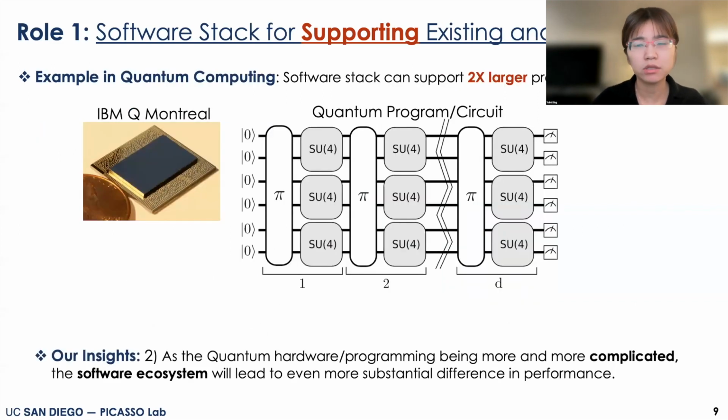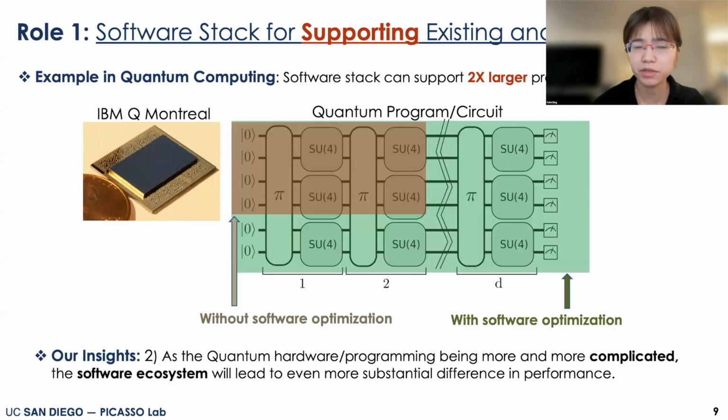And here I just want to show another recent example from IBM. On the left-hand side is an IBM Q machine, and on the right side is a quantum circuit they want to run. As quantum circuits are very noisy, without the software optimization, the larger the circuit we can run with meaningful results is limited. You can see that when we enable the software optimizations, the circuit we can run can be much larger. And the data is from our collaborator from IBM.